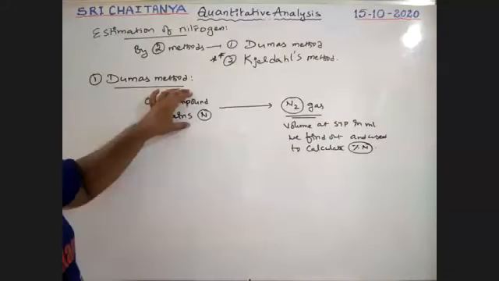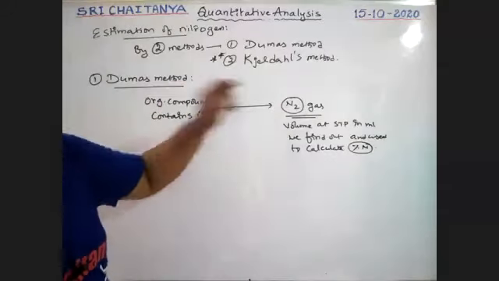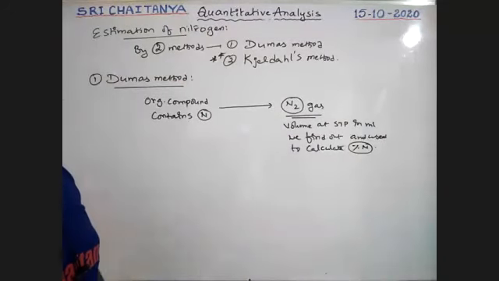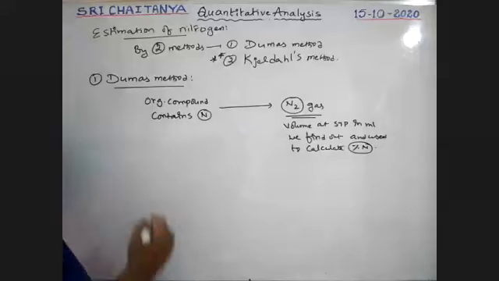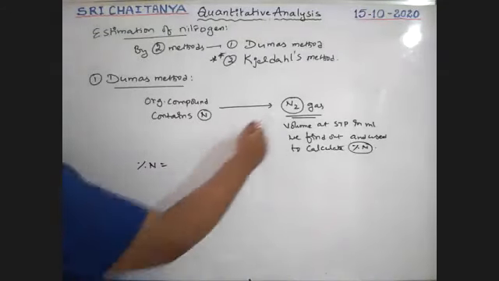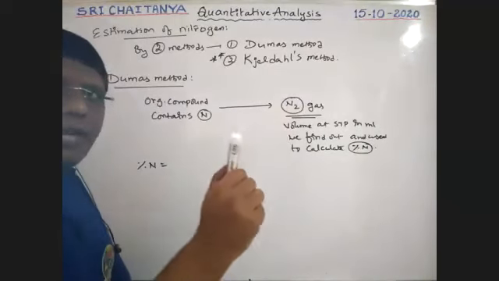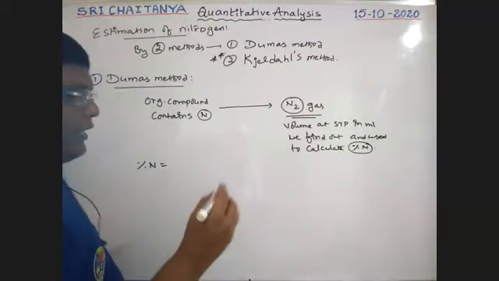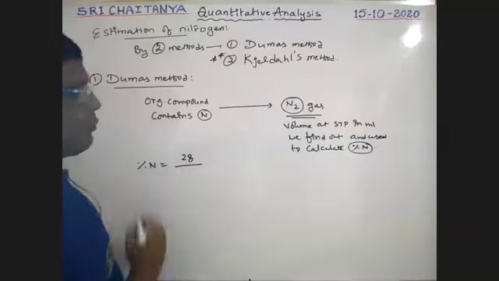The entire nitrogen present in your organic compound is converted into N2. How is that? By using the formula, percentage of nitrogen is equal to 2 nitrogens, boys, 2 into nitrogen atomic weight, 2 into 14, that is 28, by